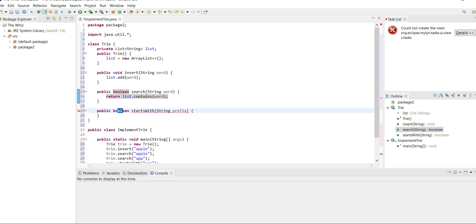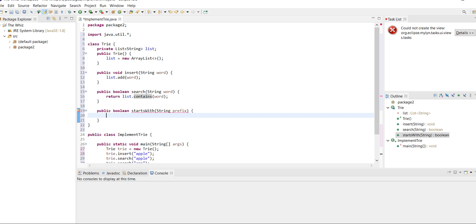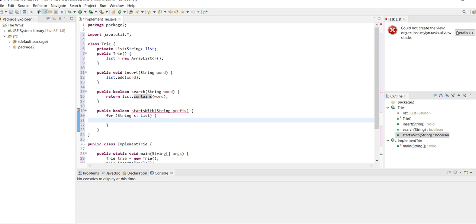And then this method is going to be a tiny bit more complex. As you can see, these other three methods were just one line. This is going to be a little bit more than one line, but it's still the basic concept. So what we're going to do is we're going to iterate through this list. So I'm going to say for s in list, I'm going to be using a for each loop here. We're going to say if